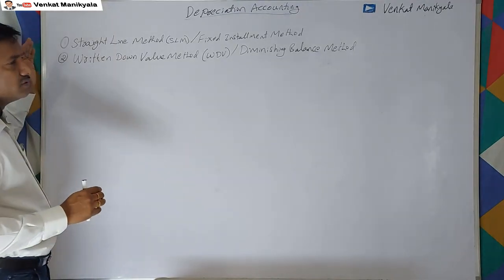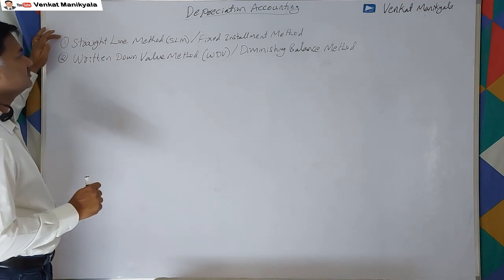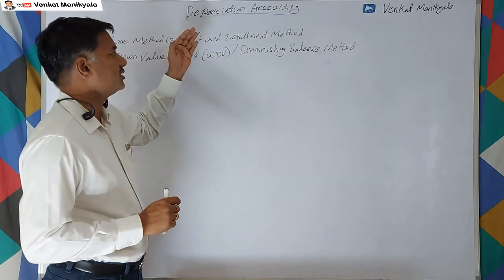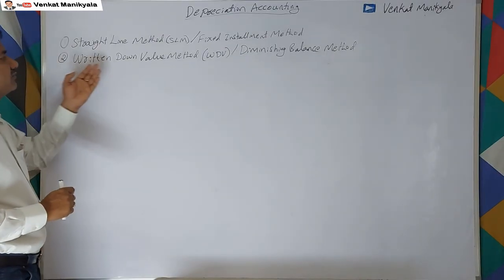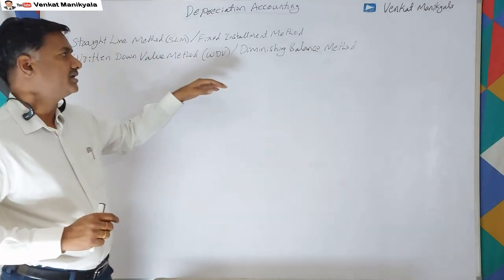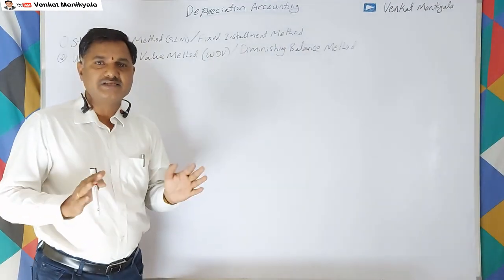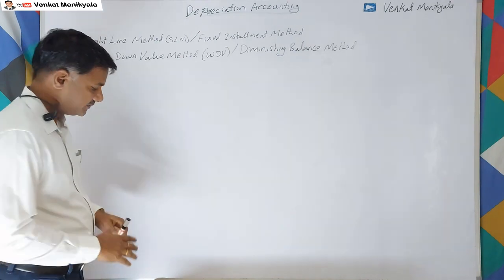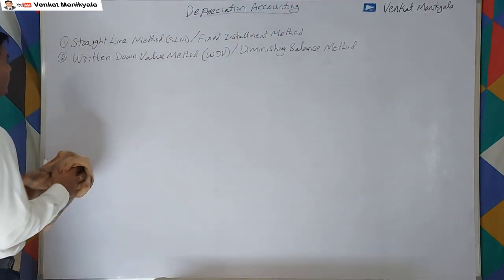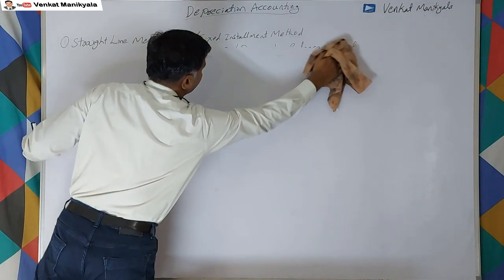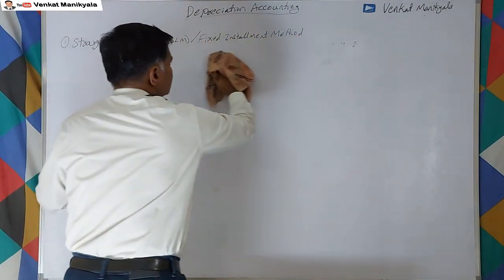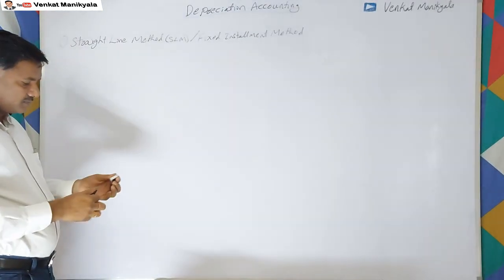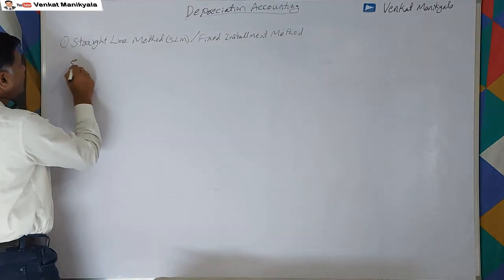So in this video we'll discuss the straight line method, SLM for short, which in other words is also called the fixed installment method. The other method is the written down value method, WDV, which is also called the diminishing balance method. These two methods we do problems with a simple example, right? So let us note down a problem for the straight line method. It's a simple problem. All of you please note down the problem. Problem 1, example 1.